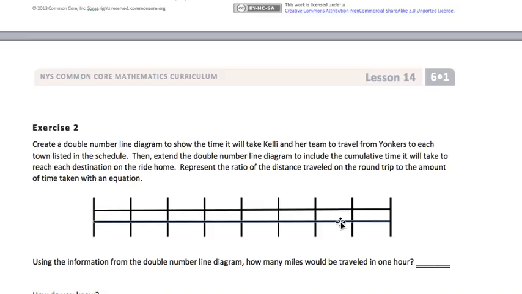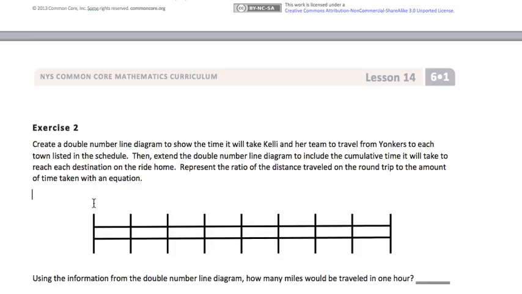That information could also be put on a double number line. And basically with the double number line, we would start at 0. So this would be our 0 mark for both number lines. The top number line, we will graph the number of hours. And on the bottom number line, we will put the number of miles. So we start at 0. We are doing ours by 2s. So we'd have 2 and then 4, 6, 8,